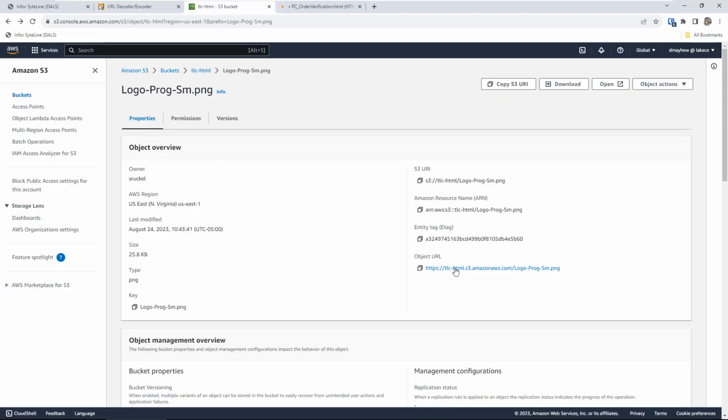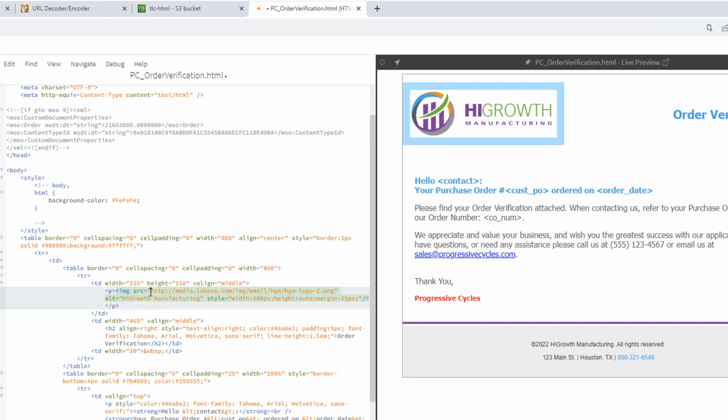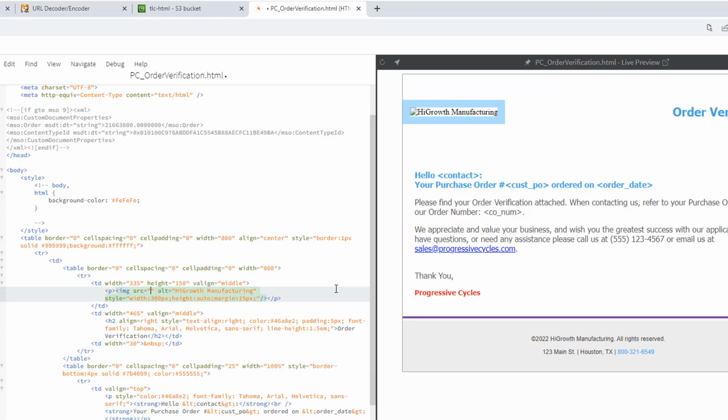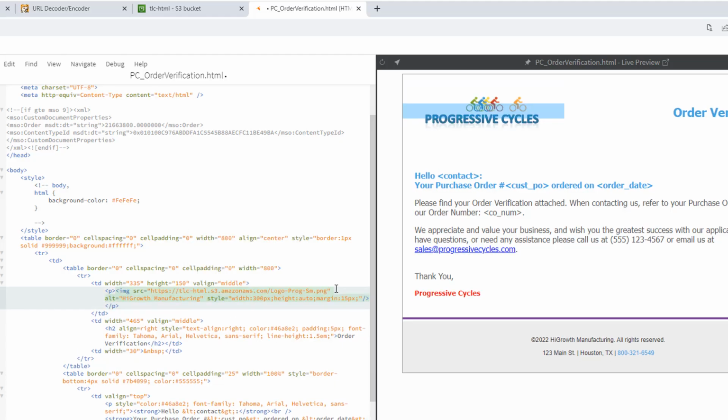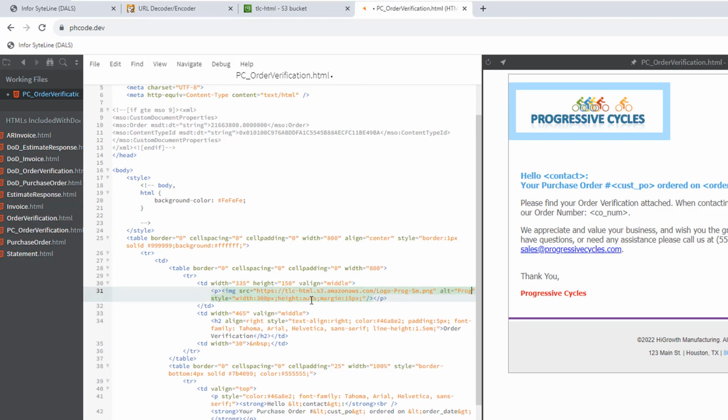I'll copy the link address, go back to the template, highlight the old hyperlink, and paste the new one. And here's my new picture. We'll want to replace the name in the alt text too. This will be used for accessibility features.